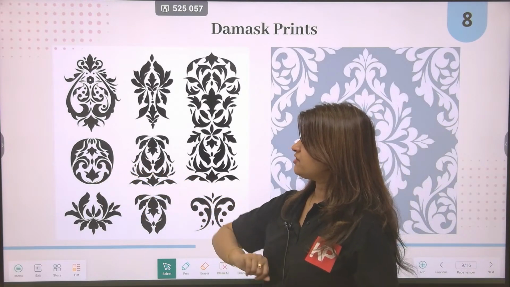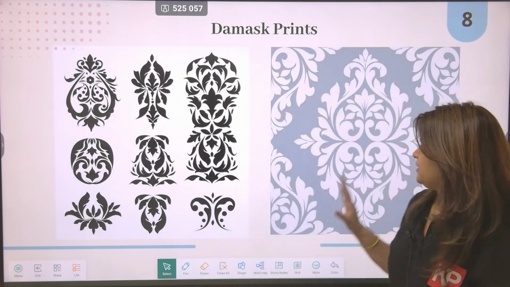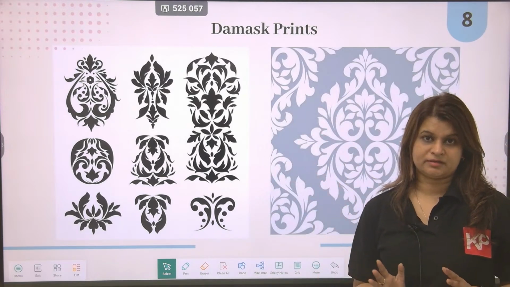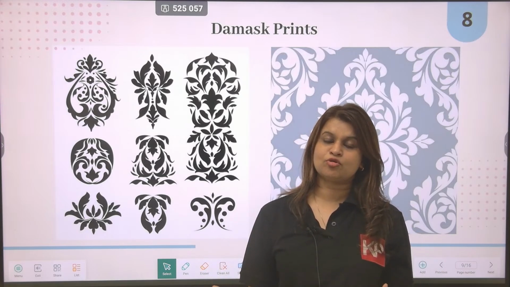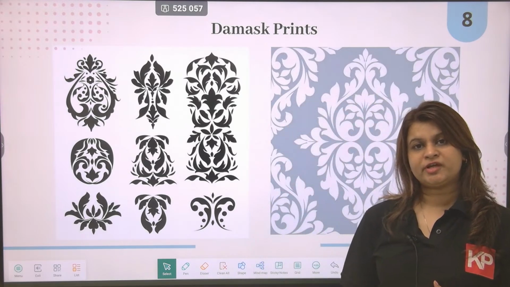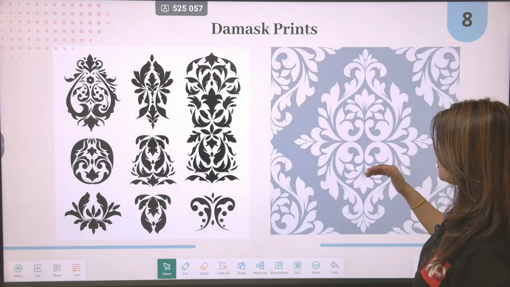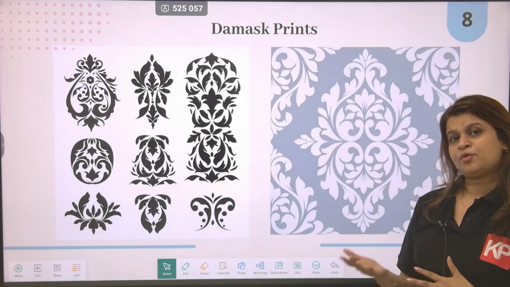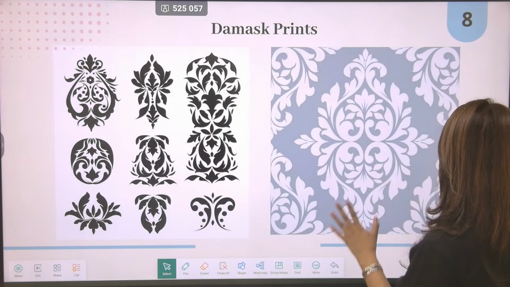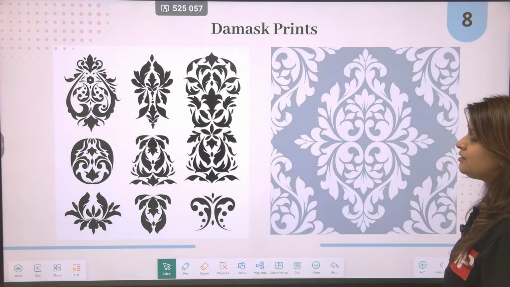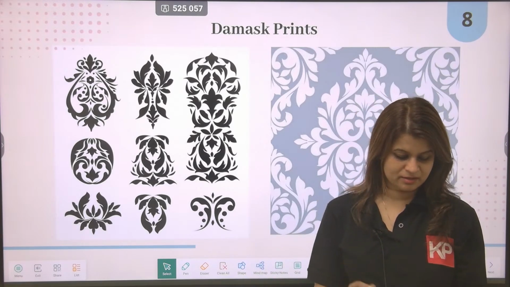यहाँ पे you can use both negative as well as the positive area। Now also remember, if the pattern is very complicated, okay, like this, the pattern is kind of complicated, so my tip is that you use minimum colors। Now imagine the pattern is also complicated and you are also using more than 2-3 colors, then everything becomes very confusing। So in damask designs it's always advisable that you stick to maybe one important color and the background could be white, or maximum 2 colors, it just keeps it more clean। So these are some examples of damask print, and again I would ask all of you to practice it out, and while you are practicing you need to create a grid, okay।